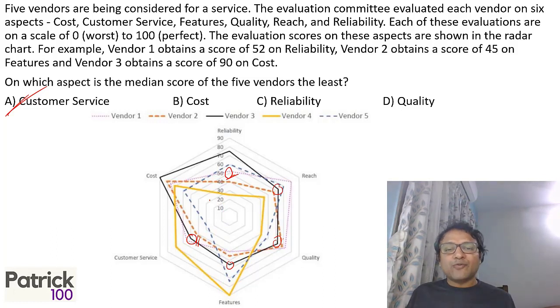Once I shortlist two values, I have to solve for only two values and get the answer. If you try to calculate everything, it takes a longer time to solve. It makes sense to shortlist and then work on it. You should be good at shortlisting, but it's not difficult if you learn how to look at the data.